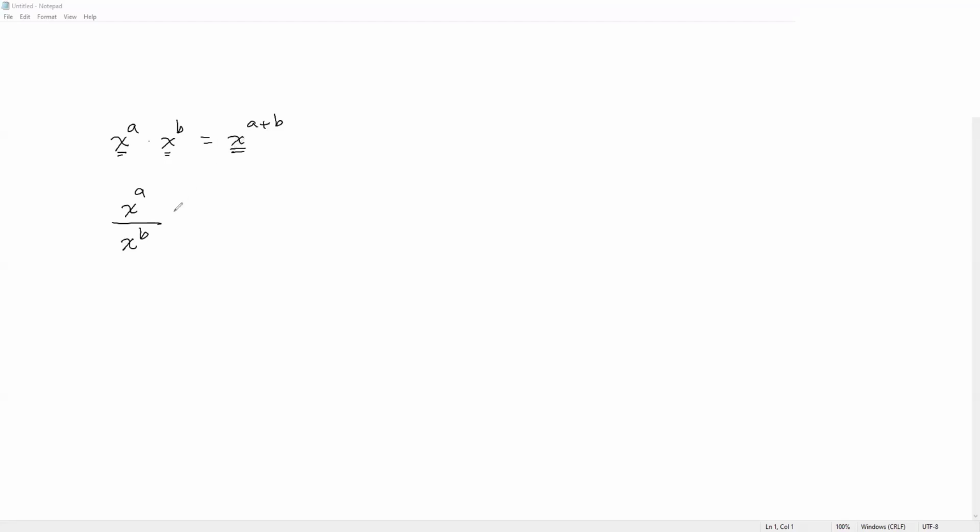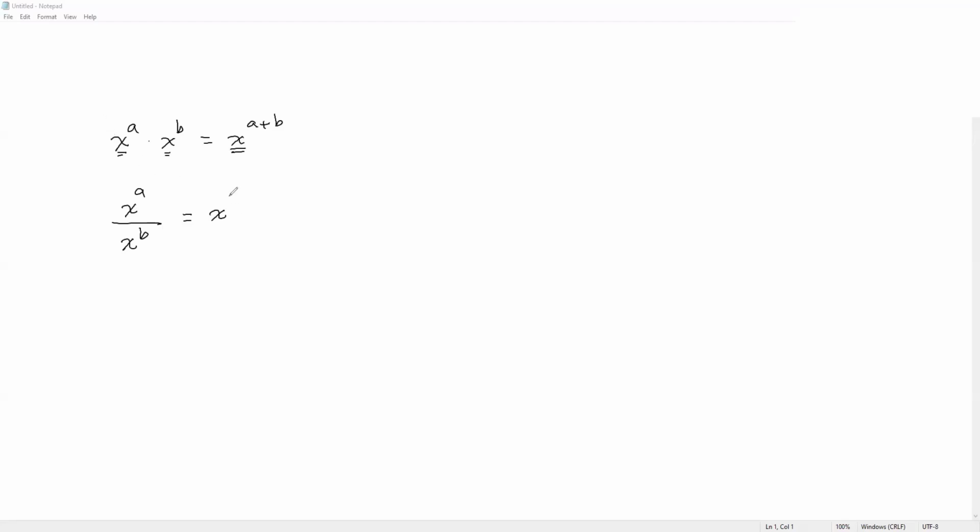But that apart, if multiplication was adding, then what do you think intuitively? Do you have an intuitive answer? If we divide x to the power of a over x to the power of b, what are we supposed to do with the exponents? Add them? No. The exponents? Yes, this is going to be x to the power of a minus b.